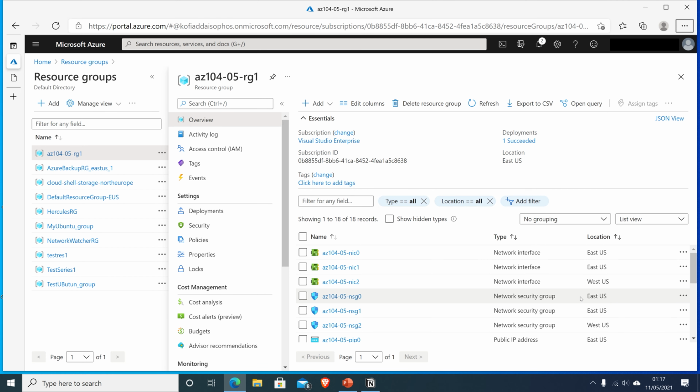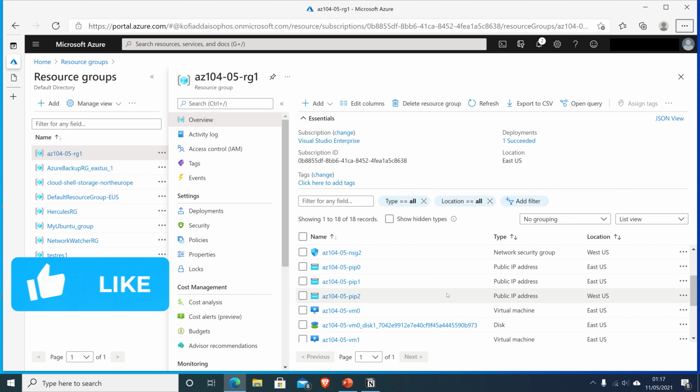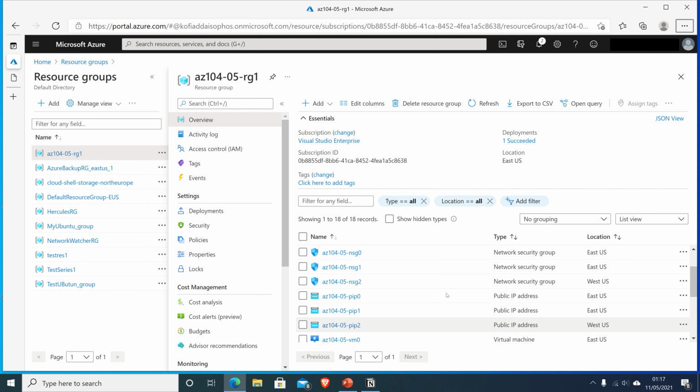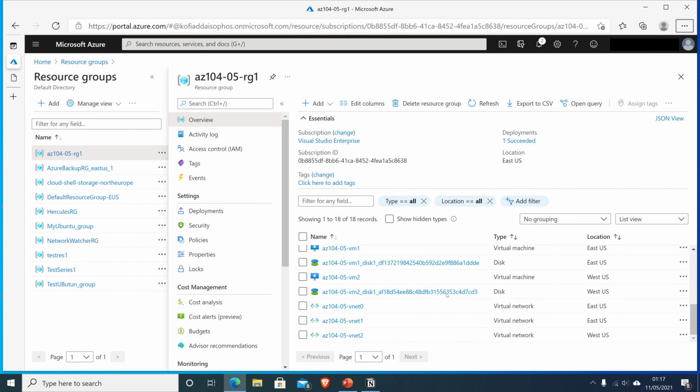Okay, so for lab number 2, we are going to configure a local and a global virtual network peering. To do this, let's look for one of the networks we have in this resource. So let's see what we got here. Okay, so we have VNet 0. So click on VNet 0,